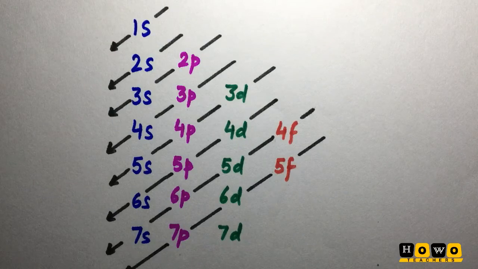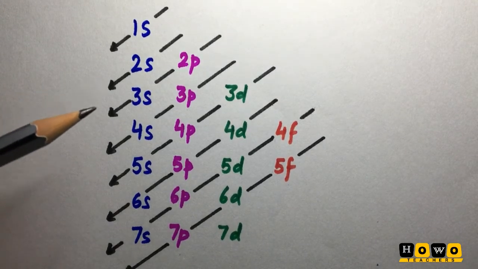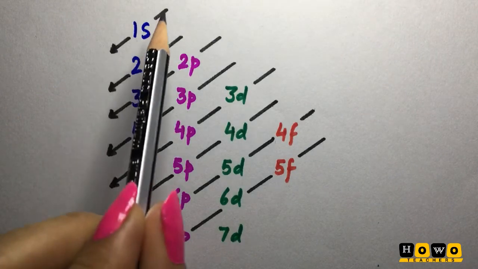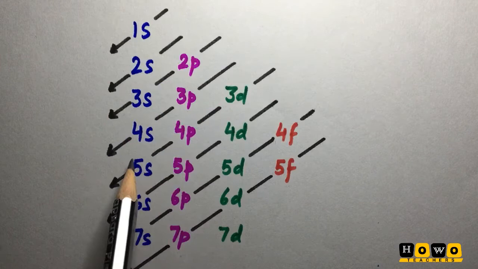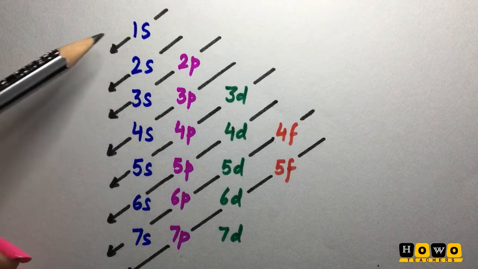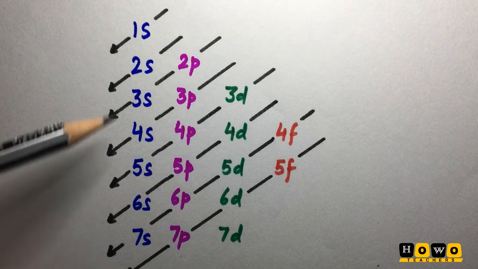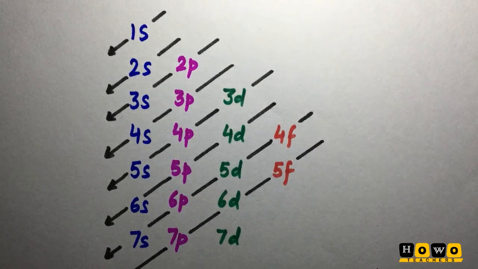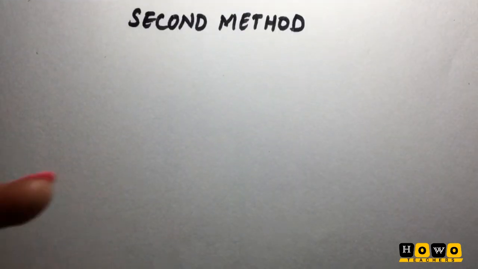Hello students, let us see how to write electronic configuration of elements in an easy manner. This thing you all have done in your book, the sequence of filling the atomic orbitals. Just by knowing the lines, you can fill out the orbitals. But it becomes difficult to draw this table when you have to go for higher elements, the elements of higher atomic number. So let us see one more method by which you can easily fill out the electronic configuration for higher elements.